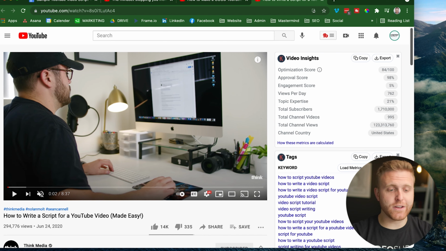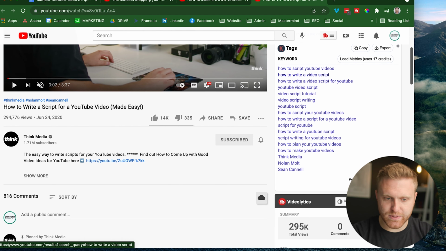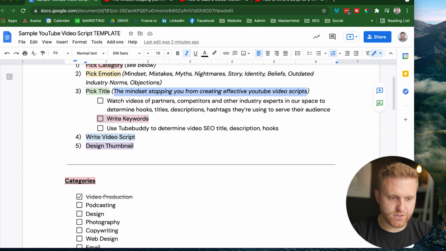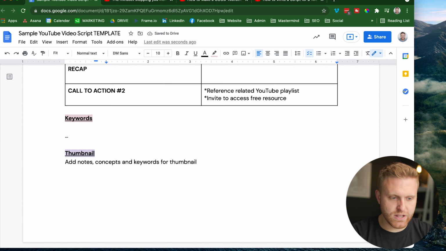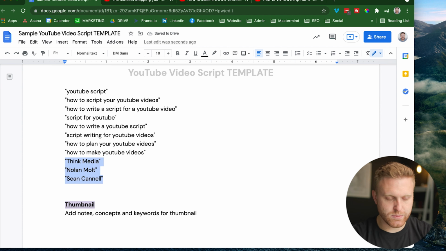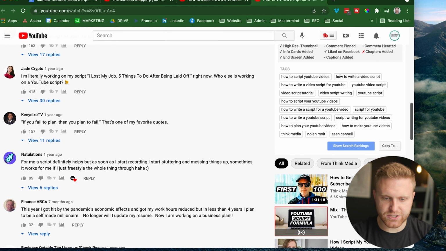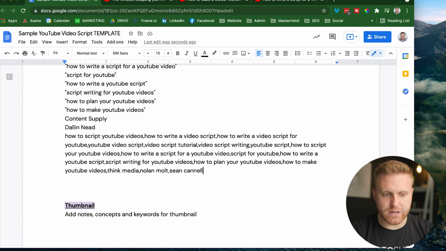So when we click on these videos of others, say in our space or covering these similar topics, we can see different data points on the optimization score of those keywords or of that specific video. We can even copy their keywords here and add them into this script. So I say write keywords, there's a check mark there. And we can scroll down here to that accompanying color, copy in some keywords, but also adjust them. Like some of these also in our space, we can add our company name, my name here if we need to. Scroll down here and there are additional ones, copy those too. So there may be some overlaps and repeats, so make sure to organize these keywords and phrases, but this is what people are using to search for these different trainings and resources.